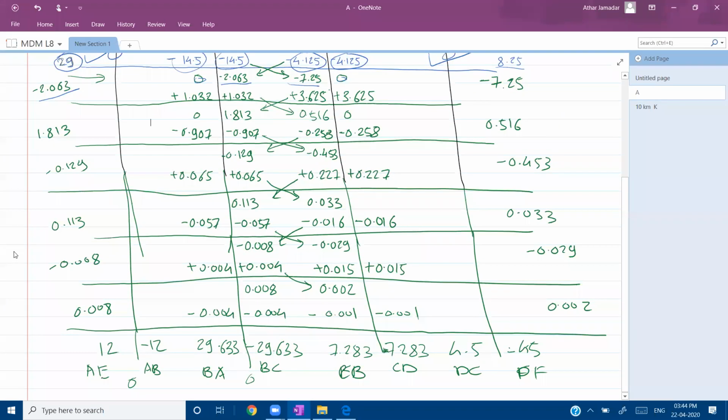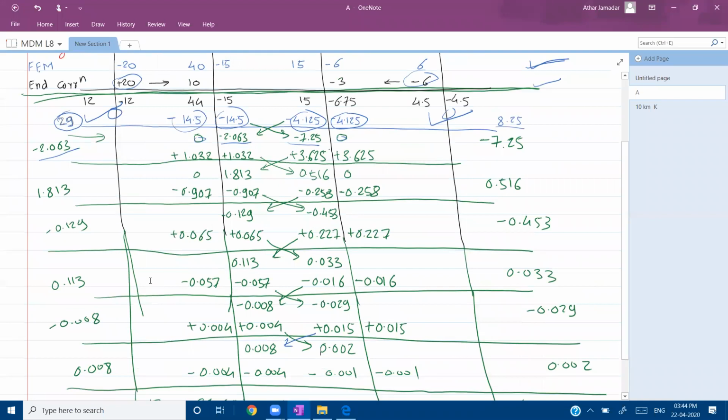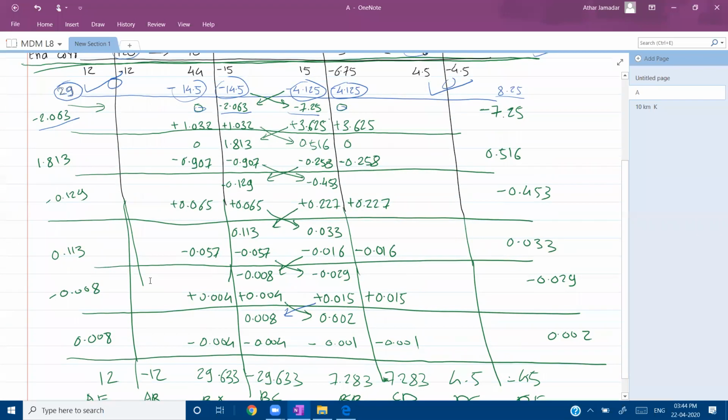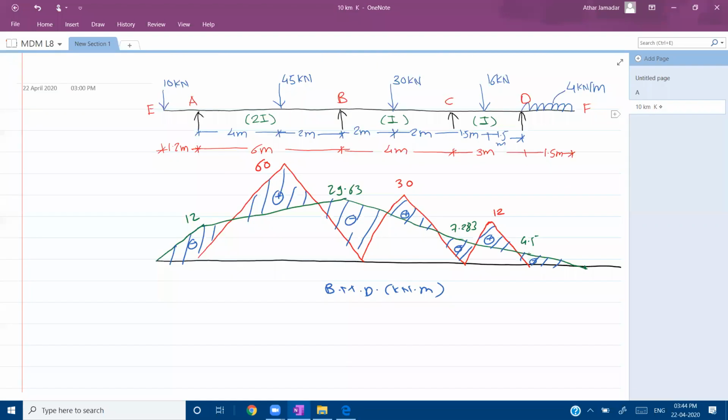Up to the point where both side corrections are nearly equal to 0, or at least 2 digits after the decimal should be equal to 0. So after doing all the iterations, in this step we have found that from both sides at both supports corrections are 0.004. Now to find the final moment, we have to take the summation of moments from the end correction step up to this last correction. So by this we have found all the final moments. And drawing of BMD is just as